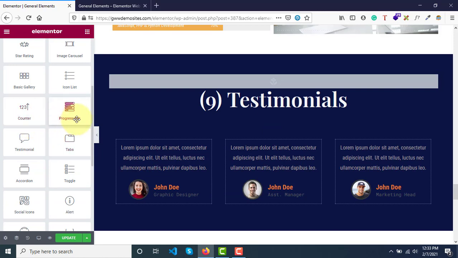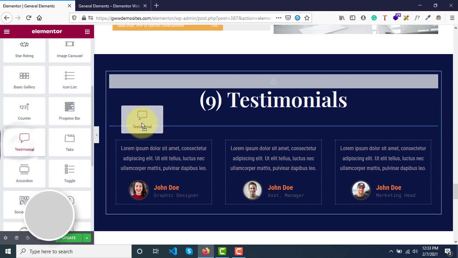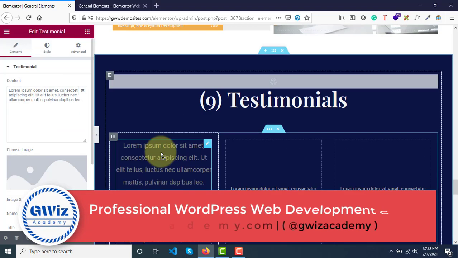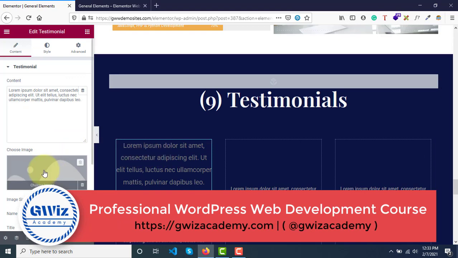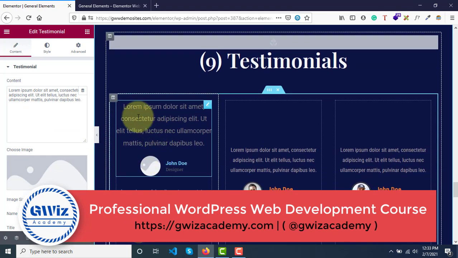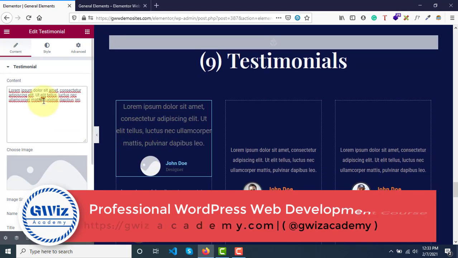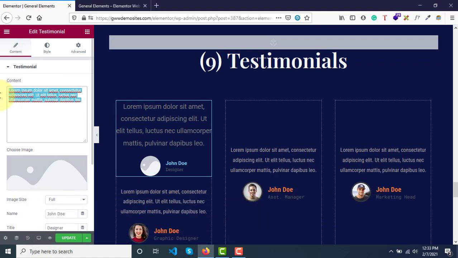We have covered counters and we have covered progress bars. Now let's see testimonial widget. If you drag it here and drop it here, you can see this is the default one. You can update the